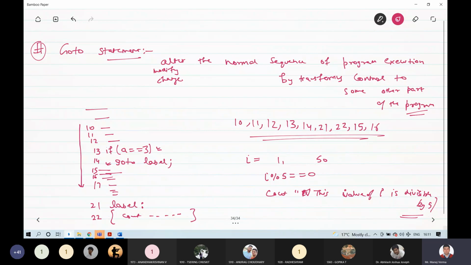Right? So I want to display 1 to 50, and whenever the value of I is perfectly divisible by 5, then I want to show this value of I is divisible by 5.